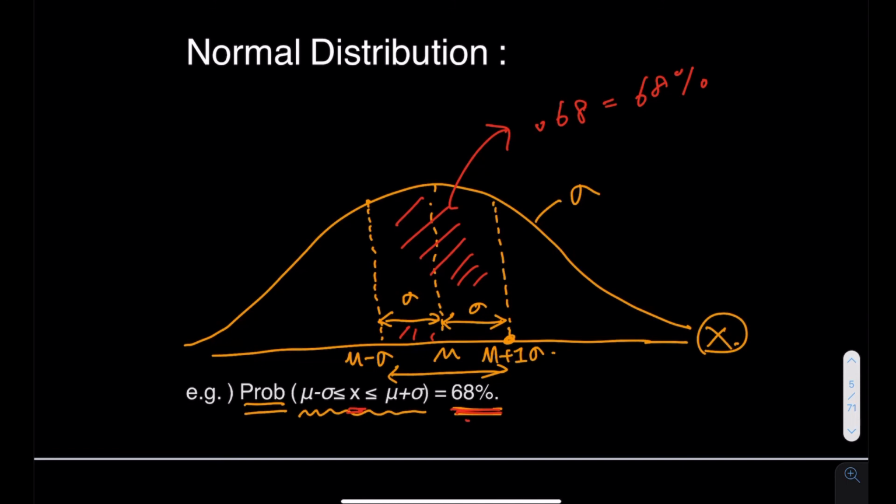What I mean is, just as an example, if I ask what is the probability when x is exactly mu plus sigma? Can you get this probability when x is exactly one specific value, mu plus sigma? What this means is when x is exactly this one point,